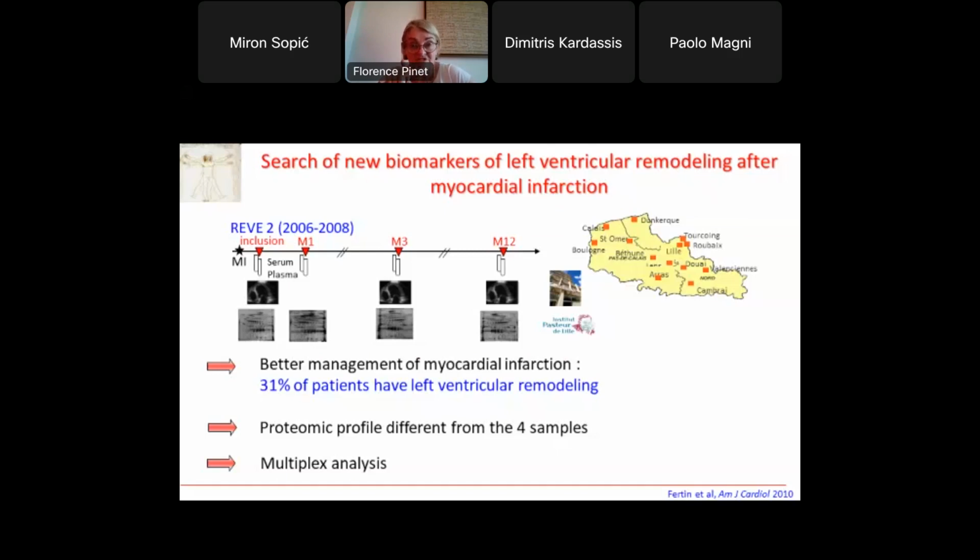And we gave each center a very specific protocol on how to process serum and plasma. It was a longitudinal study, so we recuperated not only serum and plasma at the inclusion, but also 1 month, 3 months, and 1 year after the inclusion in the protocol. And we performed echocardiography during the hospitalization, at 3 months and 12 months, in order to quantify the evolution of